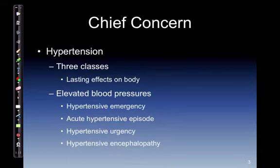Elevated blood pressures. Hypertensive emergency: severe hypertension that results in acute impairment of an organ system. There's also acute hypertension episode. The patient presents with stage 2 hypertension, but no signs or symptoms of end organ damage. And we're going to look at the stages here in just a second. Hypertensive urgency: acute hypertensive episode without evidence of end organ damage, even though the patient has risk factors to develop